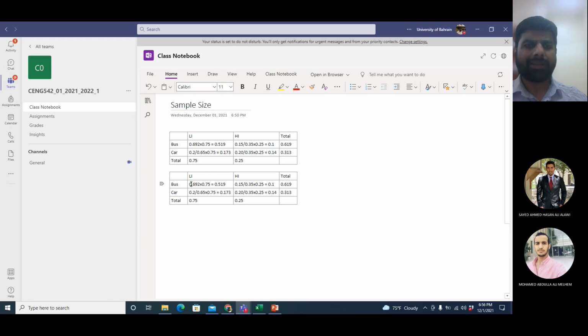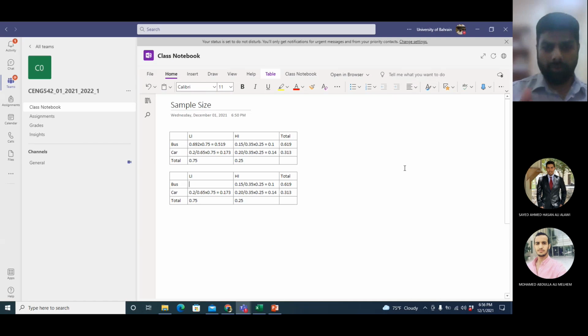Okay, so for example, now 75% are bus users, 25% are car users, right? Yes. Okay, so I will multiply by 75% if I'm calculating bus users, and I multiply by 25% if I'm calculating car users, like we did in this case. Now, what will be the difference in the conditional probability?